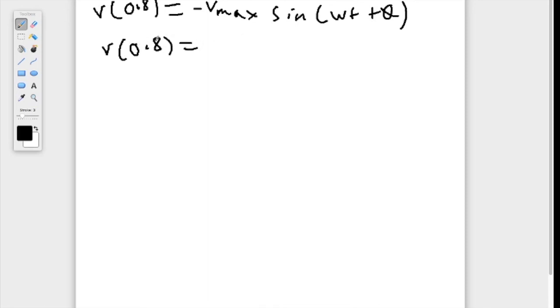We know that the v max is about 60 pi centimeters per second, the angular frequency is about 3 pi, and then it would be times 0.8 and the phase constant 0. So you can solve it that way,